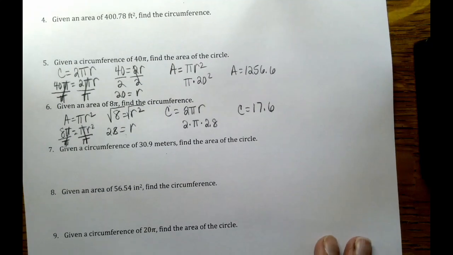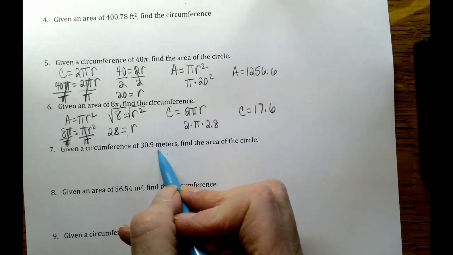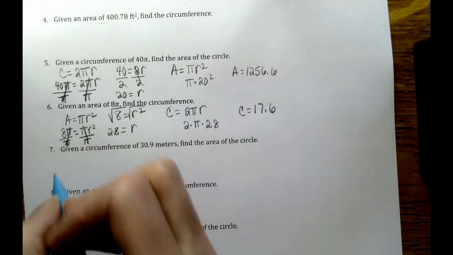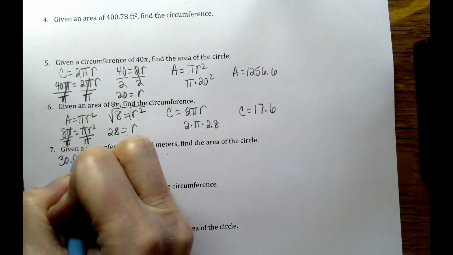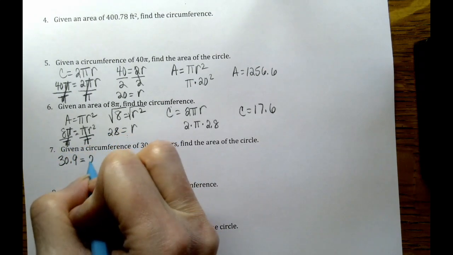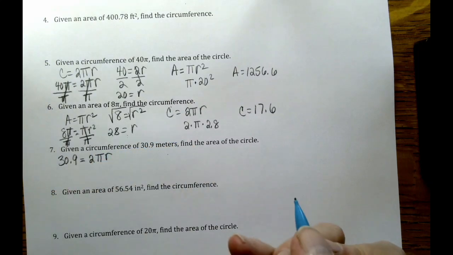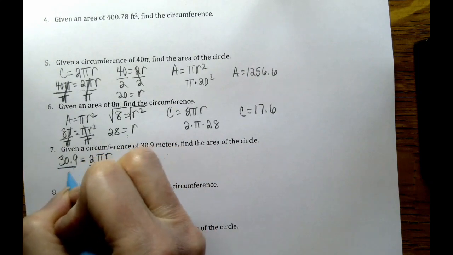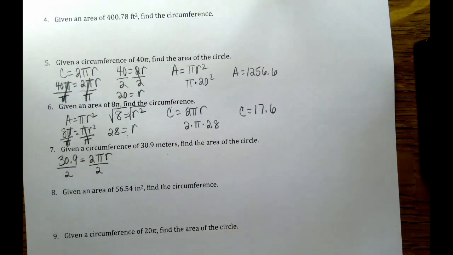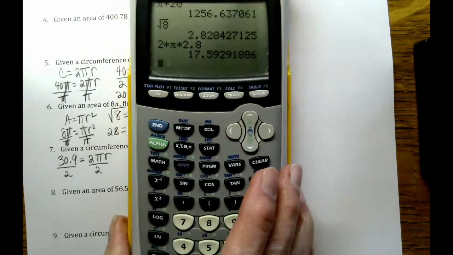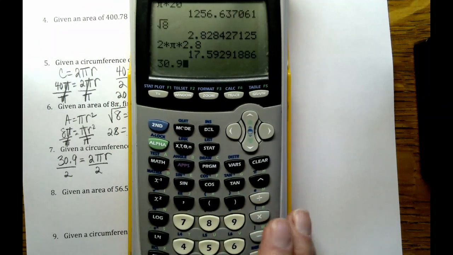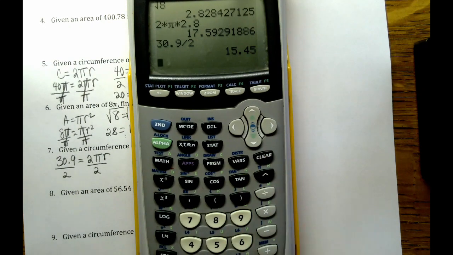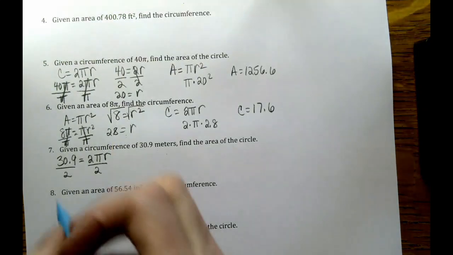Let's look at problem number 7. Given a circumference of 30.9 meters. So circumference, we just did that formula, we can still see it. So it's going to be 30.9, there's the circumference, equals 2 times pi times r. And going to divide by 2 here. 30.9 divided by 2 gives us 15.45. I'm just going to leave that as 15.45